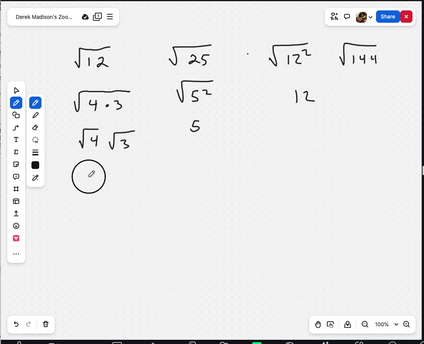The square root of 4 would be 2 because 2 times 2 makes 4. The square root of 3 we would just express as the square root of 3, because there is no number that times itself, at least in terms of integers, that would make 3. As a decimal, it would be 1.7, and then those decimals go on forever. So when we're simplifying, we're trying to find the ones that come out to perfect squares, as opposed to like here. So let's say we had,